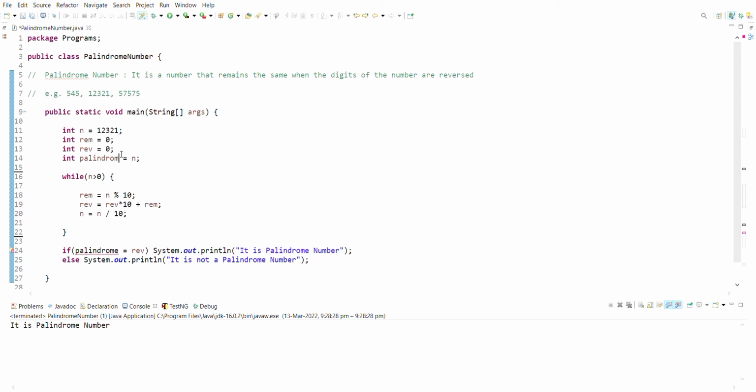So we have to check this palindrome. By mistake I have spelled this wrong. We have to take the equal to operator, because if we are comparing the two variables, then we have to take the equals operator. So after running this program,